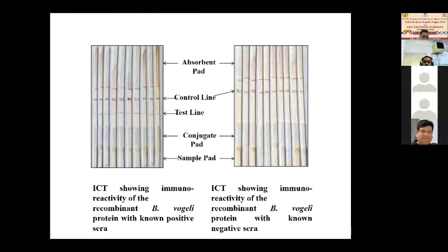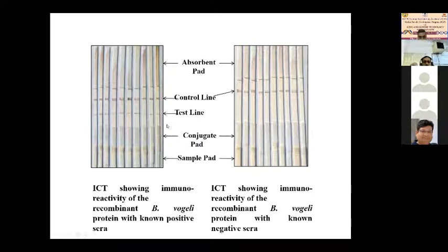So this is the line quality. It is still very fine. Test line, control line, absorbent pad, and the conjugate pad. The negative samples are on the right side and positive samples on the left side, and it is a dried-up strip, so the gold is dried up. If it is a wet one, then you will see a very fine color. They took the photograph of the dried-up strip, and that's why it is a little bluish in color.